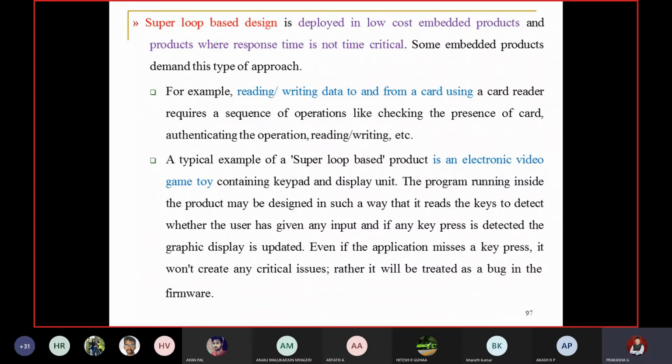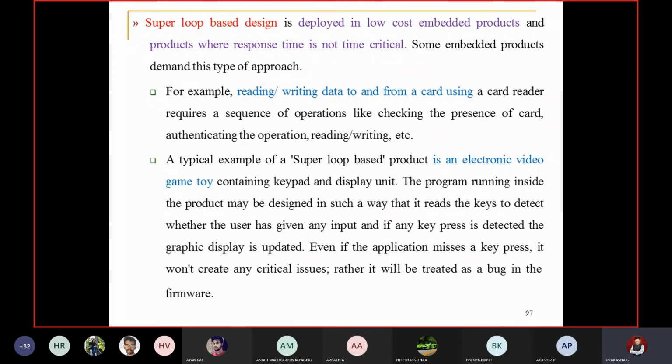A typical example of a super loop based product is an electronic video game toy containing a keypad and display unit. The program running inside the product may be designed in such a way that it reads the keys to detect whether the user has given any input, and if any key press is detected, the graphic display is updated. Any electronic toy or game waits for the user to give the input, and based on the input, it executes that particular operation.